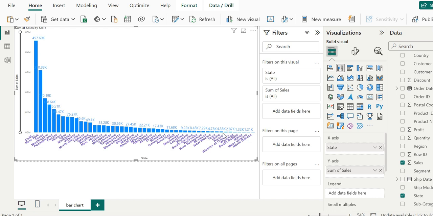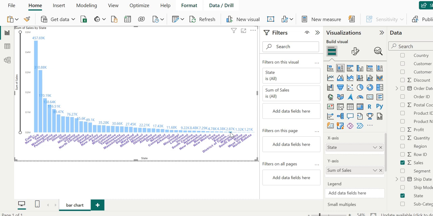So any cluster we can see easily, like the District of Columbia.